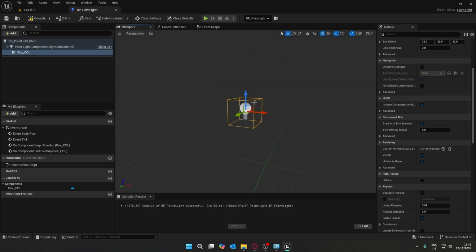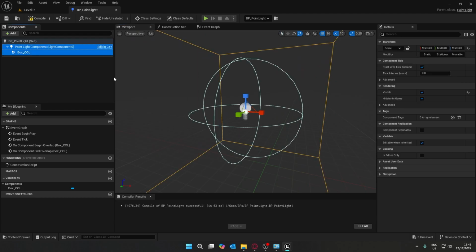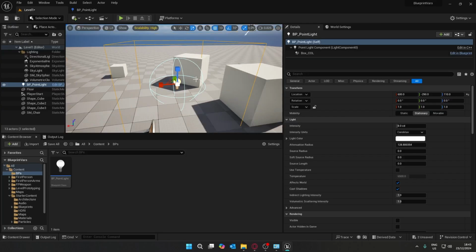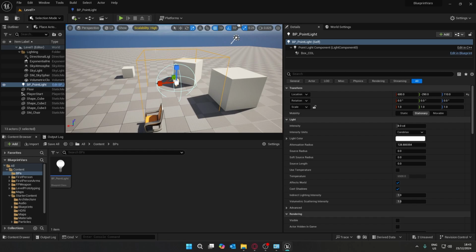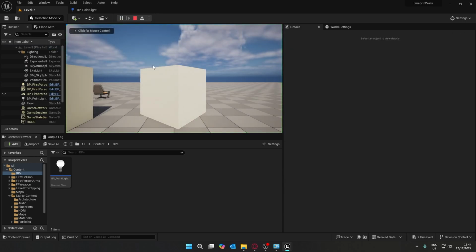And then we can left click to select our collision object. And again, we can just press R to go to the scale tool, or click up here and just scale that up so that it's substantially bigger than the light itself. And we can select both of those holding shift if we need to see them both at the same time. If I go back to my level, and before I do that, I'm just going to compile and save my blueprints again. If I go back to my level, we can see that the collision is substantially bigger than the light itself. So the next thing I'm going to do is click on play to see what happens,